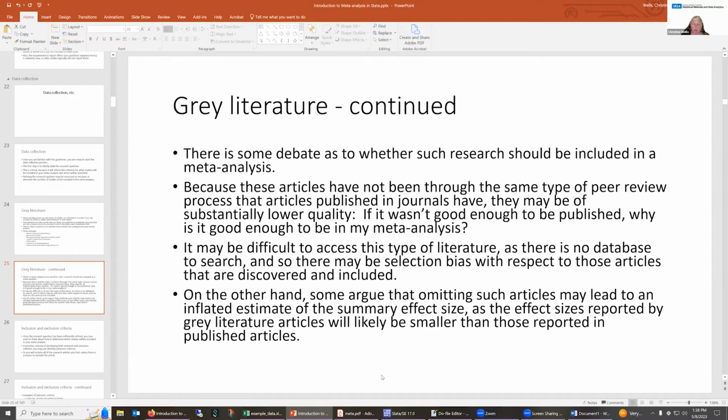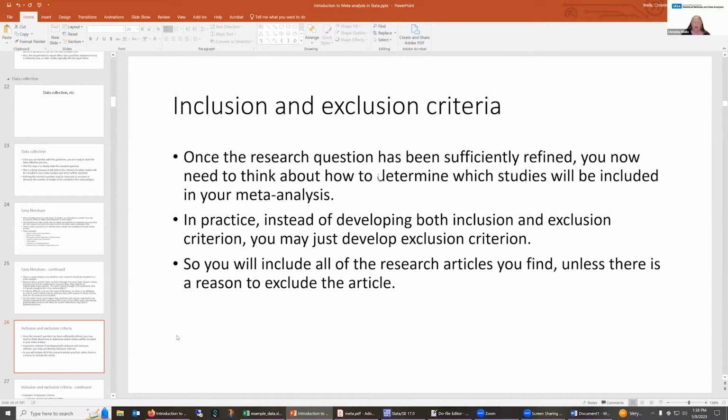I mean, don't get me wrong, a lot of people really shy away from the gray literature because it comes with a lot of issues. On the other hand, some people argue that omitting such information could lead to an inflated estimate of your summary effect size, because some of the effect sizes reported in the gray literature would likely be smaller than those in published articles. So again, there's no super clear answer here, but it is something that you need to think about carefully, because you are going to have to discuss it in your write-up, whether you use gray literature or not, and what motivates your decision. All right, so